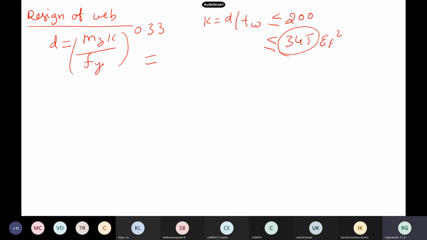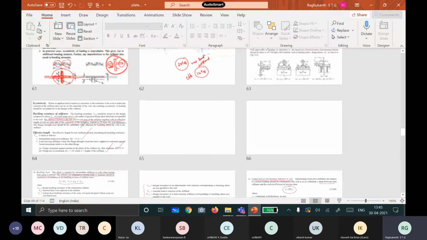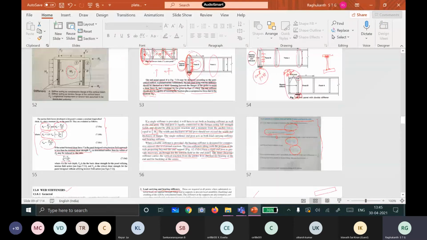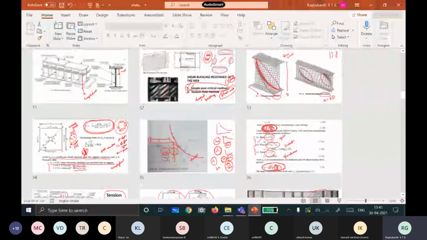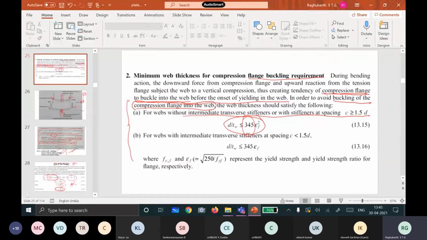What happens when it is 345? You see the slides. Where is that 345 coming? We just told you. Where is that 345? Here. Can you see here? What is this 345? This 345 is the limit for.